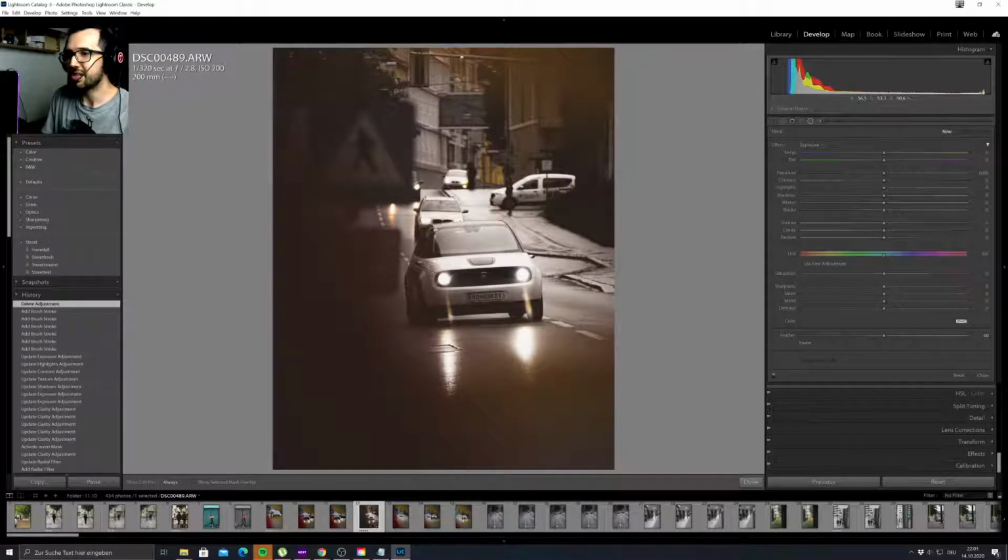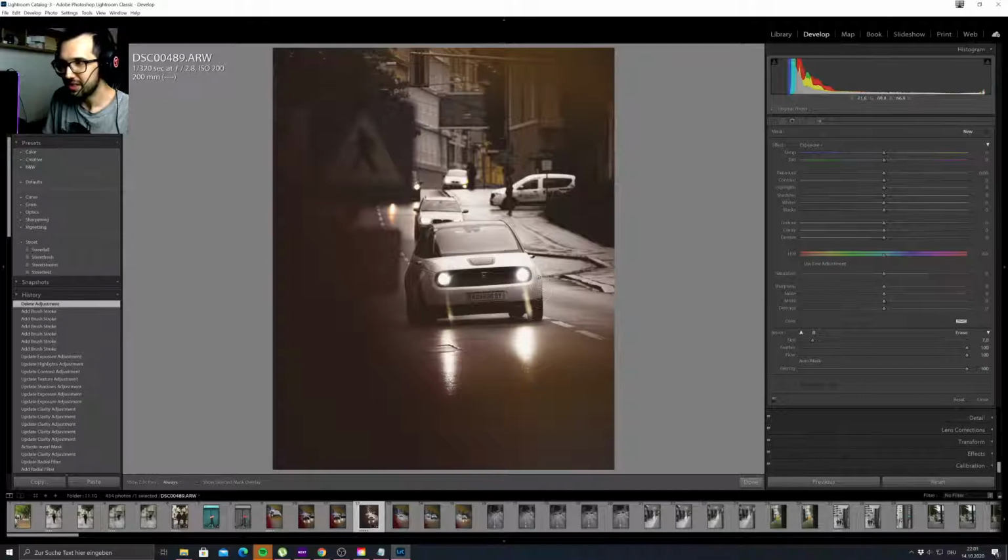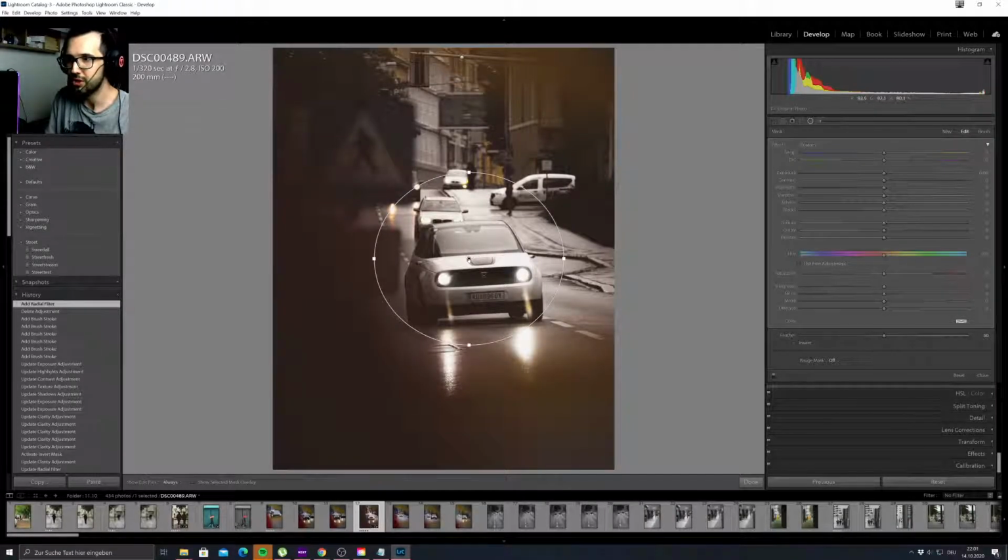Because this car has some different shades, more variety of colors, and I had to paint this in with my paintbrush and also with auto mask on to get my corners selected, but also inside my subject there are different colors, so if I paint over this, I don't get the best selection out of it, because some parts would be missed by the brush because it says, hey, no, that doesn't match with this color and not with this color. So it's faster and easier just putting a radial filter over your shot or your subject,